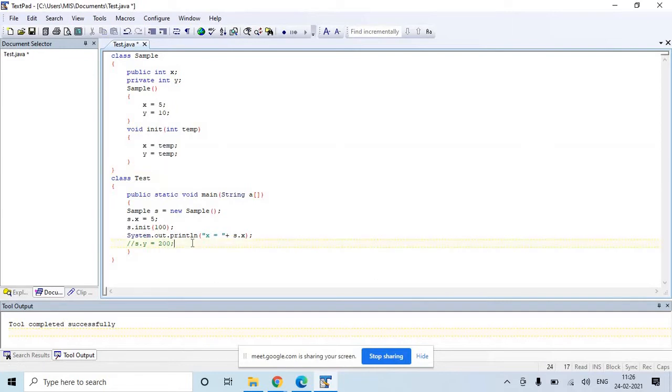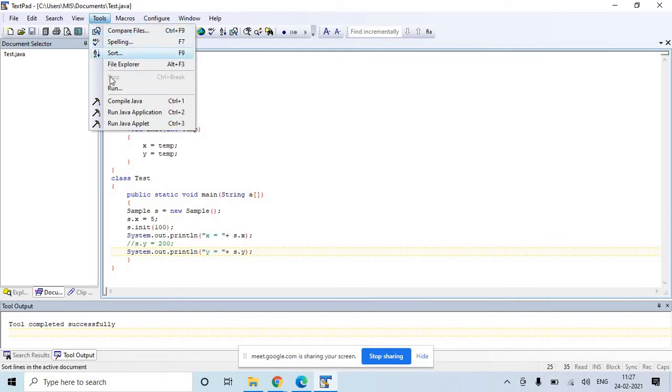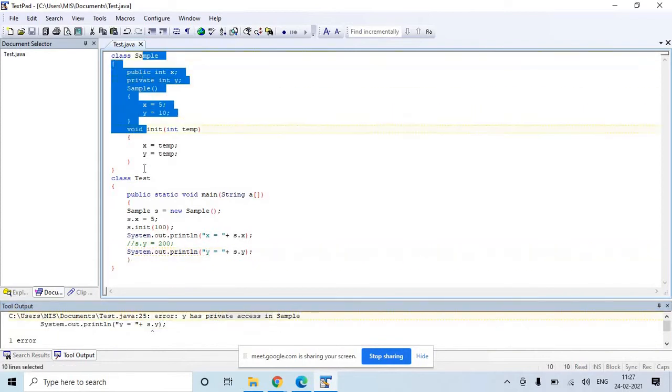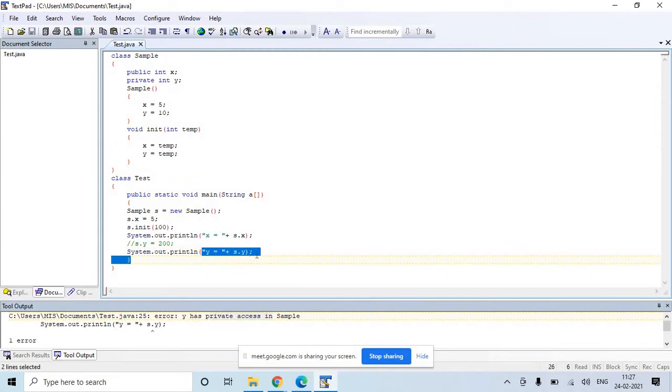Now if you try to print the value of y here, let's say system.out.println y is equal to s dot y, you will get an error. Why error? Because y is private in the class sample. You cannot access y directly here.